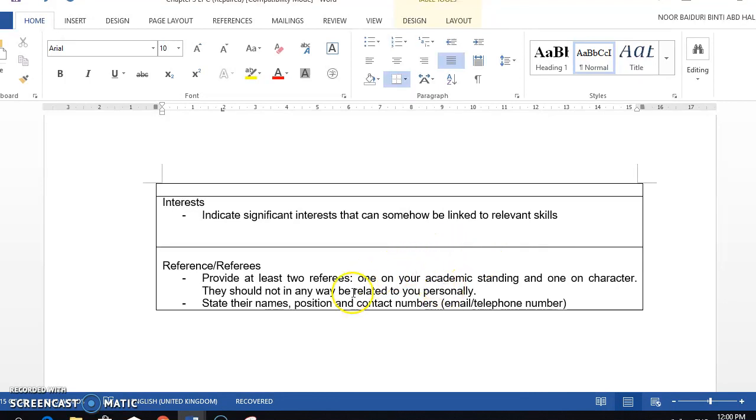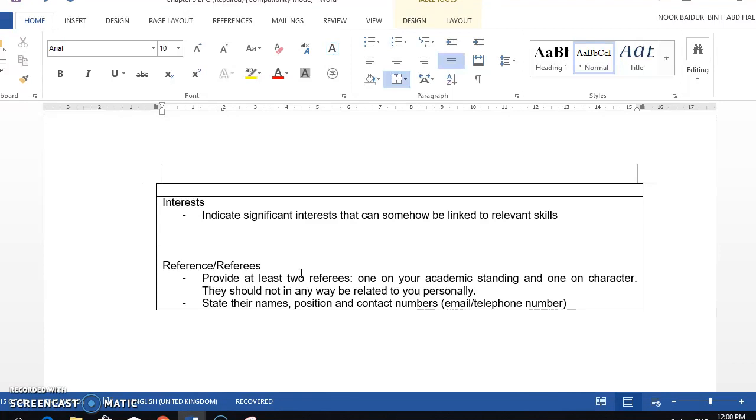Last and not least, your referees or reference. Okay, so you can include perhaps 2 referees. Okay, those people who can speak about your character, your academic achievements. Okay, and most importantly, those who do not have personal relationship with you. So meaning to say, you can include your lecturers, your supervisor at the past